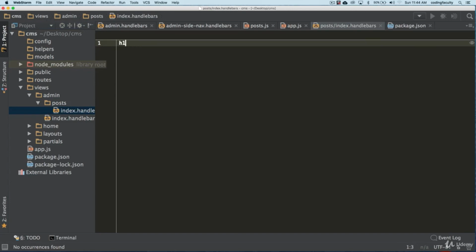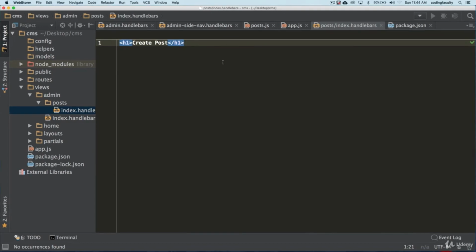So now let's make sure that this is working. I'm just going to put an H1 tag, and I'm going to say create post here. We're going to start creating things from scratch, guys. I just want you guys to get kind of used to writing the code. It's better. But remember, we have these reference files in the course, so you might want to download it if you want, but write things down.